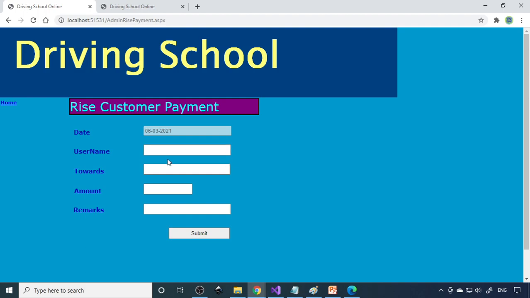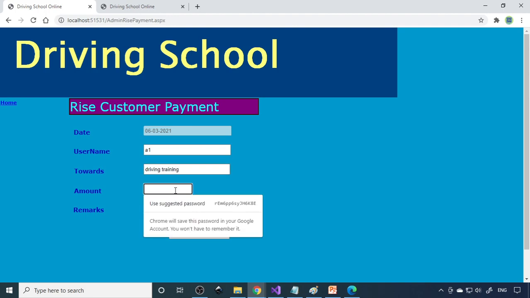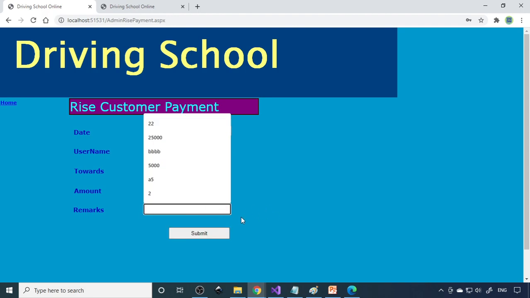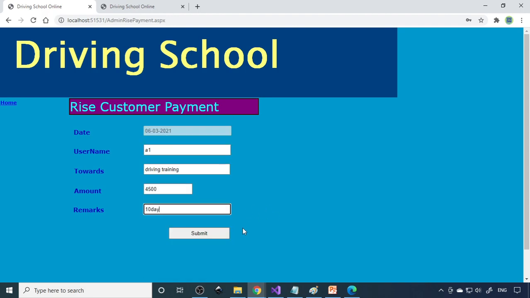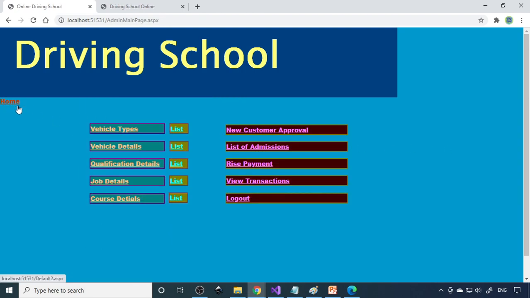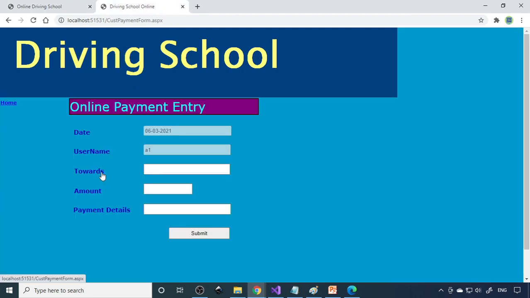So here is a payment. Now you can see that this is driving training. You can raise 4,500 rupees, max 10 days time. Okay. Now payment online.